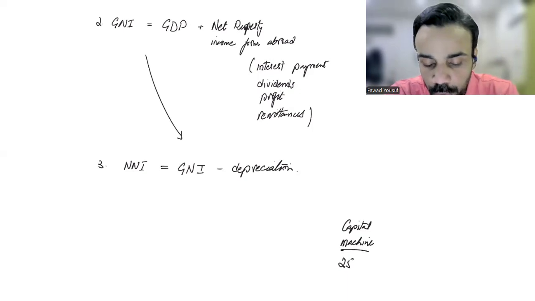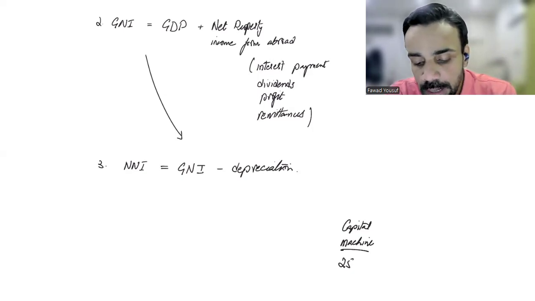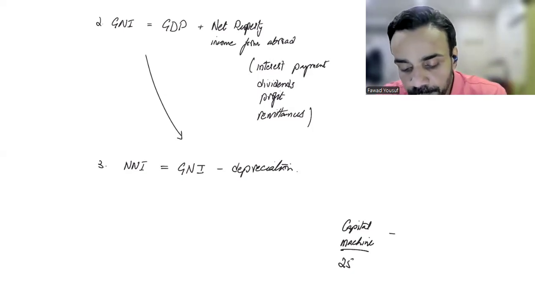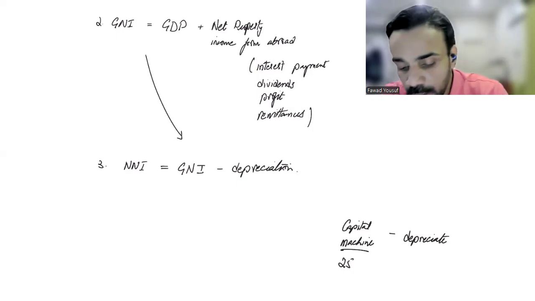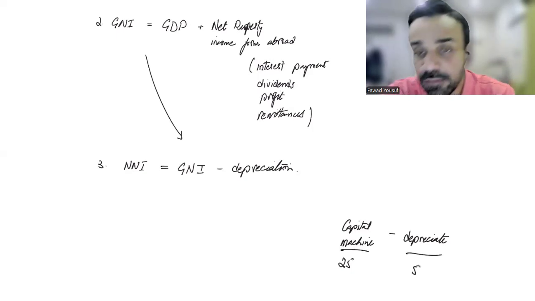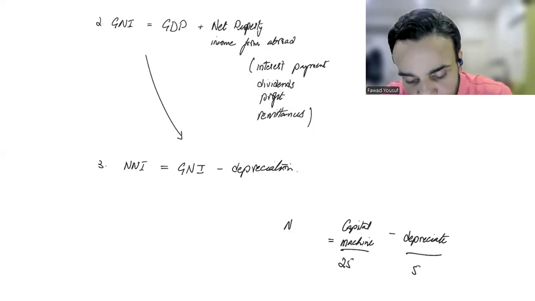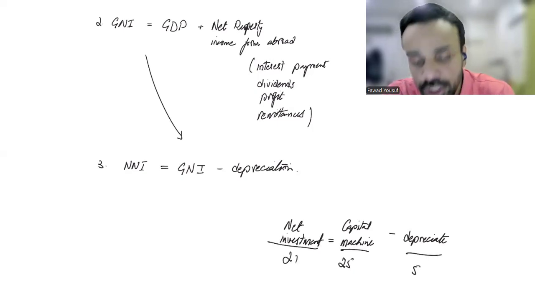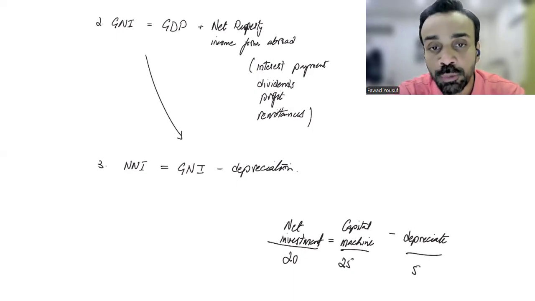So GDP or GNI is going to go up as a result of that. But over the year, it's quite possible that a few machines now need replacement, which is depreciation. So let's say five machines need depreciation. तो actually जो net या new investments हुई है, that's actually 20. And the impact on your GDP will be just of 20 machines worth of output, right?